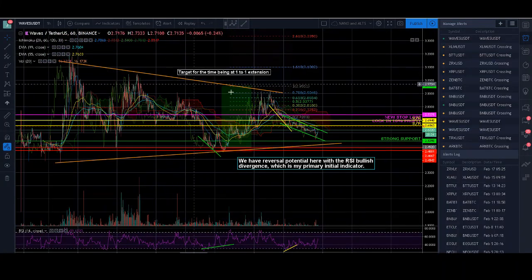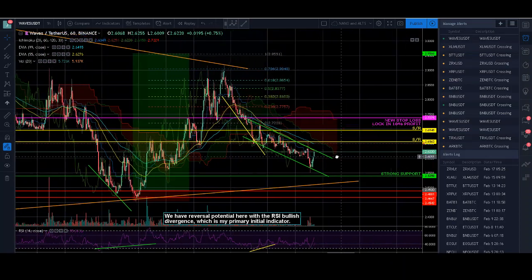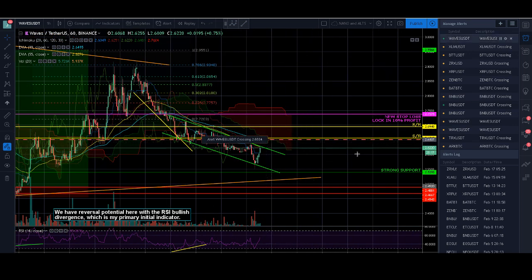We have this much larger wedge formation that we were watching a while ago. We didn't get down to the bottom exactly, but pretty close. We got bounced at this 255, 254 support I had. So I'm going to be interested to see how we play this out as we approach the EMAs. And then,